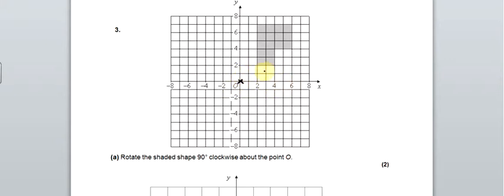And at this point, you would get your tracing paper and you would trace the shape very carefully. And you would put your pen on the tracing paper there, having left this lined up, and you would go 90 degrees clockwise. So clockwise is this way, and it means it's going to land down here somewhere, and if you do it, you'll find it lands like this. 1, 2, 3, 4, 5, and then